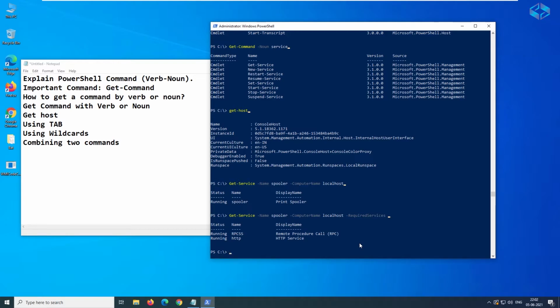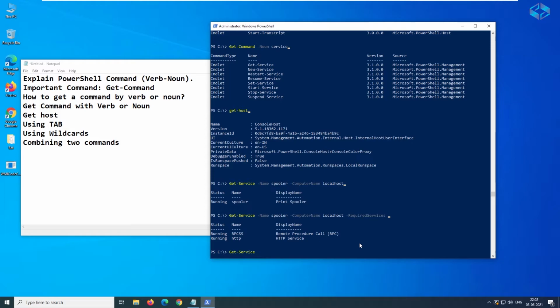For example, now Get-Service, and here you can use the wildcard at the starting or ending, any place.